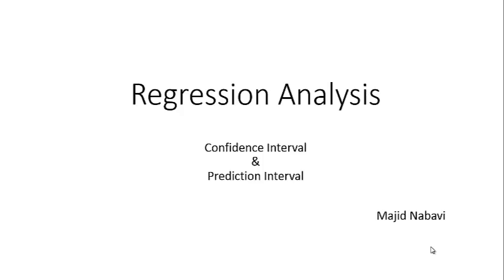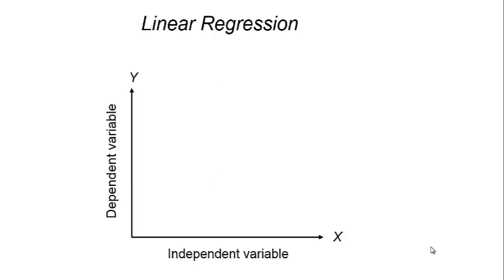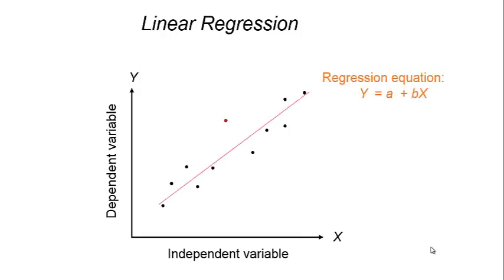Simple regression analysis, confidence interval, and prediction interval. In regression analysis, we have a group of observations, points. We have their coordinates x and y, and we are going to investigate if there is a relationship between x and y. In other terms, if we increase the value of x coordinate, the value of y increases or decreases consistently. Do we have a line that represents the relationship between these two, and then if there's any significant relationship